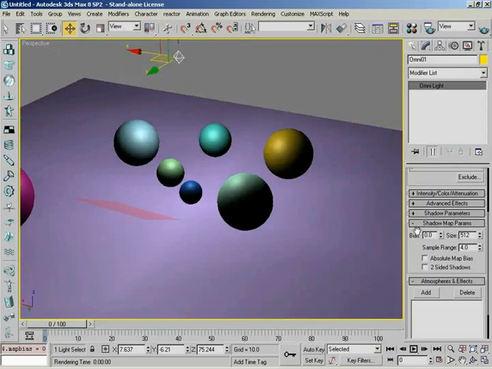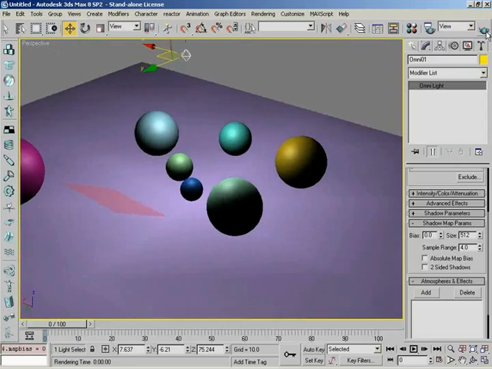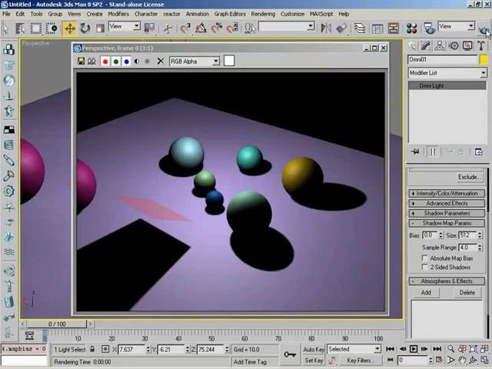We also have a size. Now, the first thing I told you guys about shadow maps earlier on in the video was that Max is going to create a texture that controls where your shadows are going to be placed. It actually generates a physical map of your scene. Now, this size controls the size of that texture. The higher this value, the more pixels that texture has. Typically, I like to keep this at